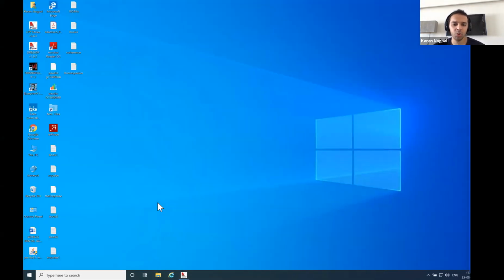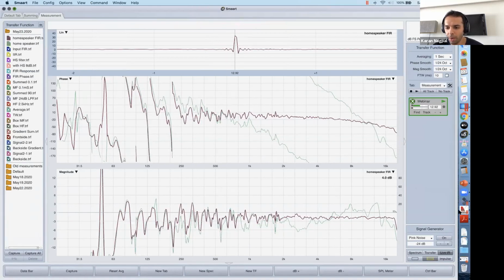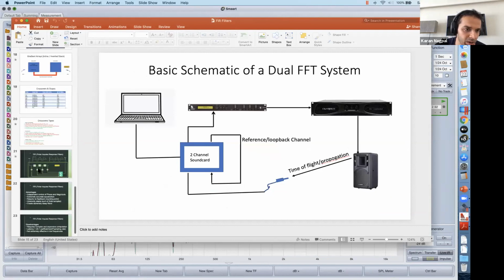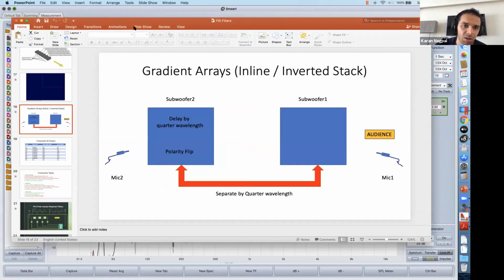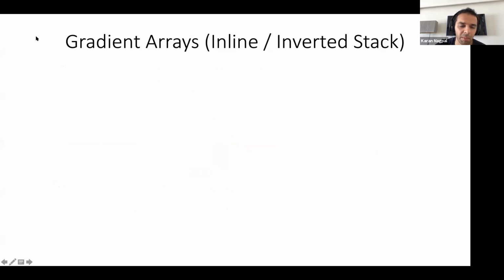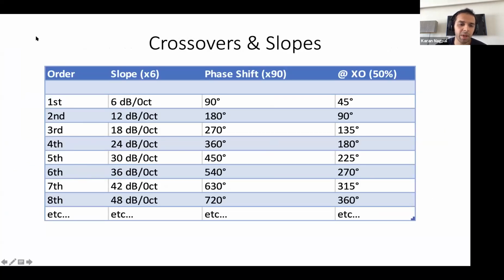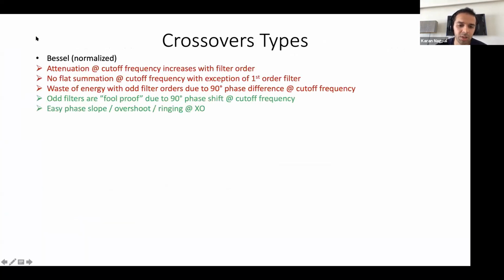Quickly, just before we move on, I just want to cover some things on the FIR. जैसे कि हम देख रहे हैं यहाँ पे हमने सीखा था कि फिल्टर ऑर्डर जैसे ही बढ़ाते हैं उसका फेज शिफ्ट ऐड होना चालू हो जाता है. So you have 6 dB an octave, 12 dB an octave, 18 dB an octave, and as you keep going up, उसका फेज शिफ्ट ऐड होना चालू हो जाता है. This is with infinite impulse response.